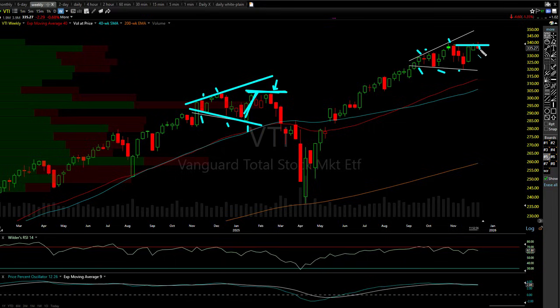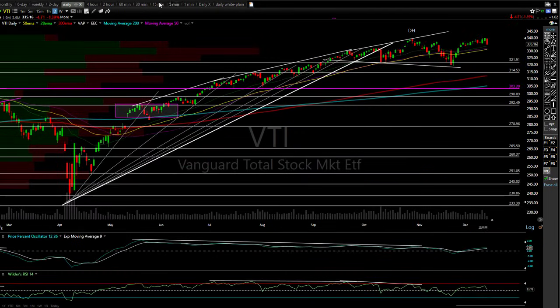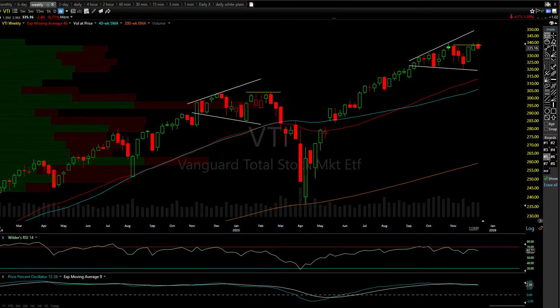This is a weekly chart. Today is Friday, so you're not going to see anything huge, but it is a reversal, and you can see it a little clearer on the daily chart right there. So I think it's prudent to say,